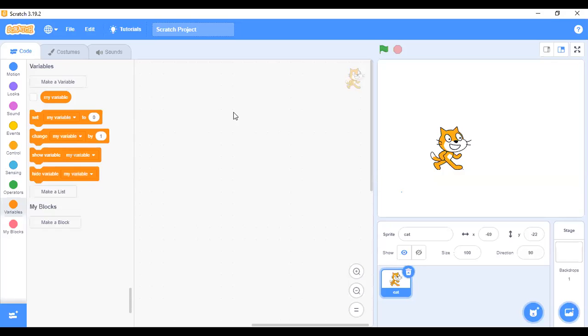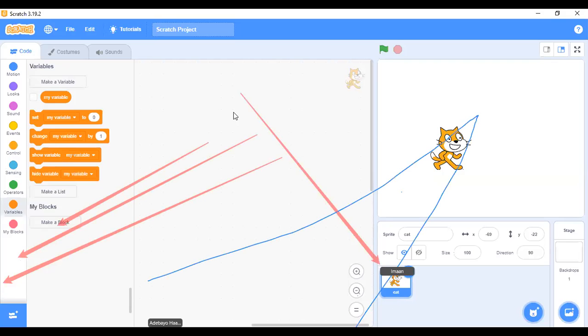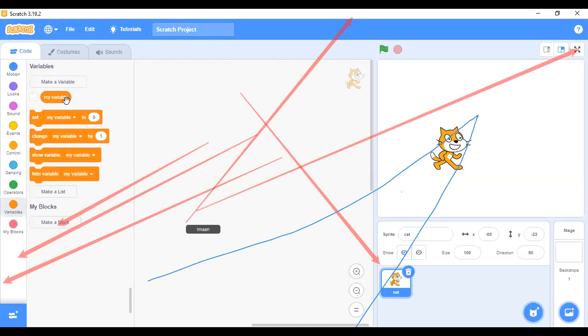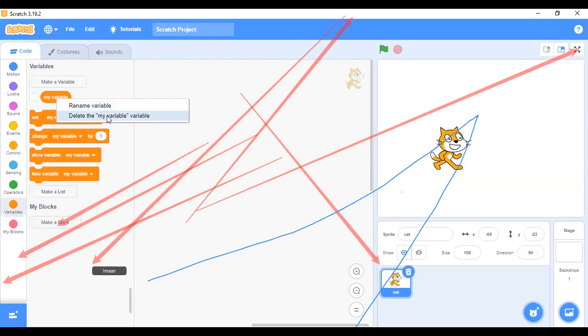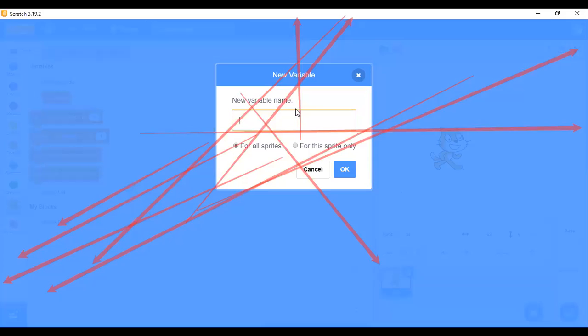Variables are always unknown. If you are given x plus 1 equals 0, what is the value of x? That means x is unknown at that particular point in time. In mathematics, if they say x plus 1 equals 0, until you actually solve that expression, you cannot get the value of x. So the variable is x, but here you can make your variables known like this. Right click on this variable, you see rename variable, delete the variable, and you can also make your own variable. Let me click here, new variable name. What should I change my variable to?